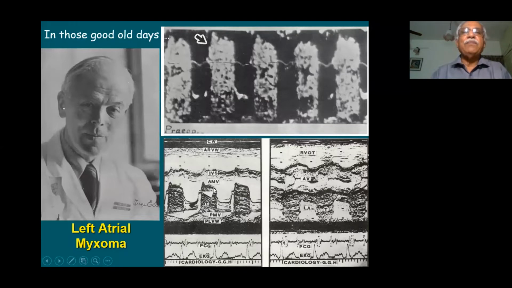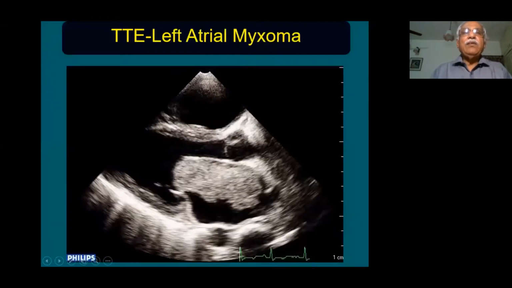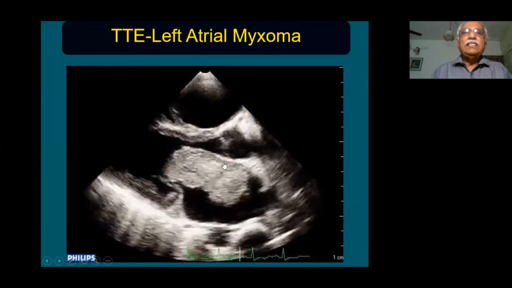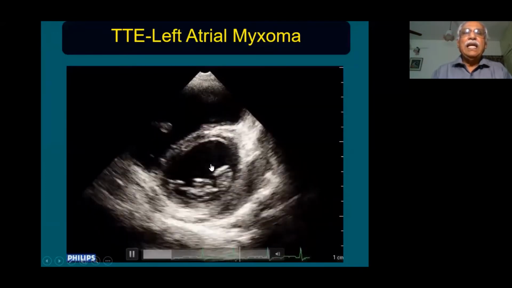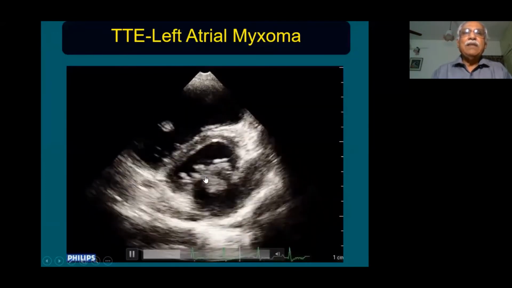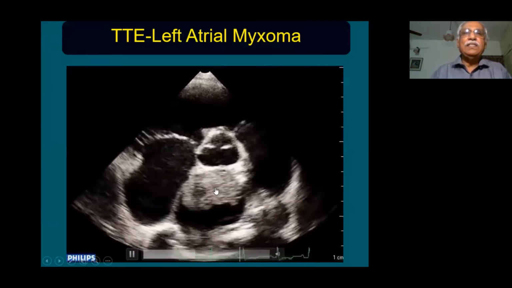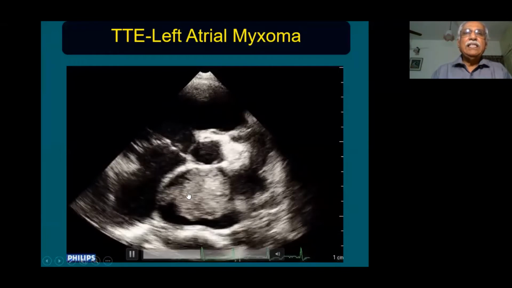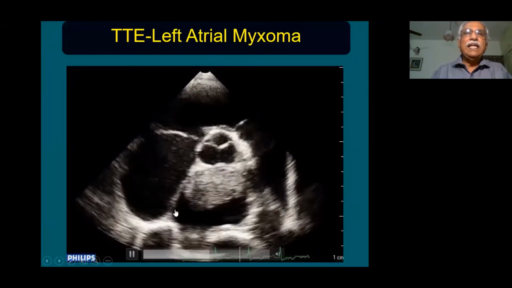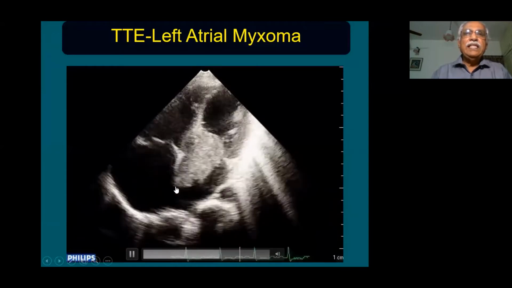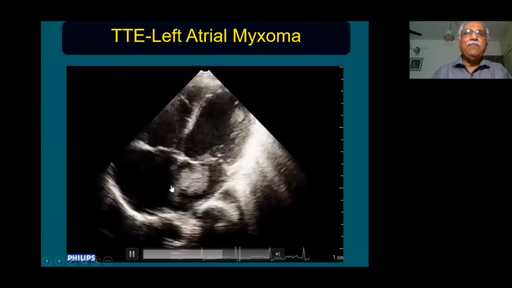Differentiating it from the calcification of the mitral valve, which can confuse you. And this is the typical two-dimensional echocardiogram of a patient with left atrial myxoma. You can see a cauliflower-like mass, a large mass, which is obstructing the mitral valve orifice, almost completely filling the mitral valve orifice. You can see it in the short axis, and also you can see clearly the attachment in the apical four-chamber view.